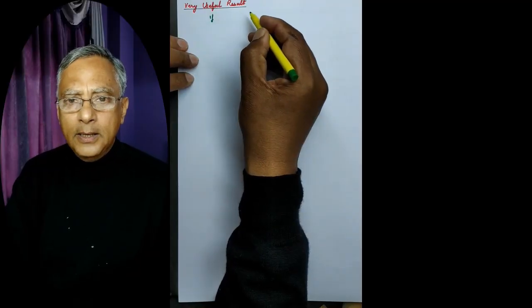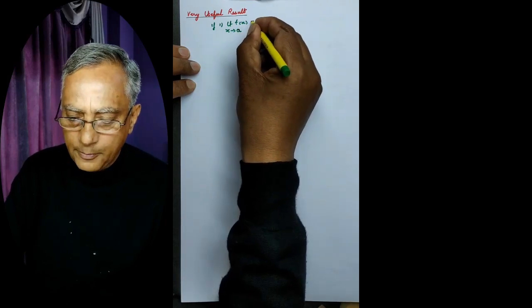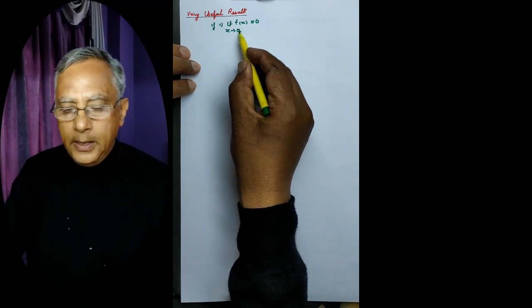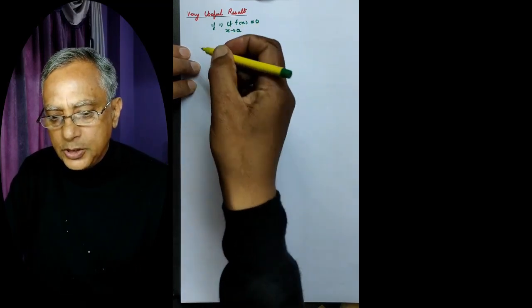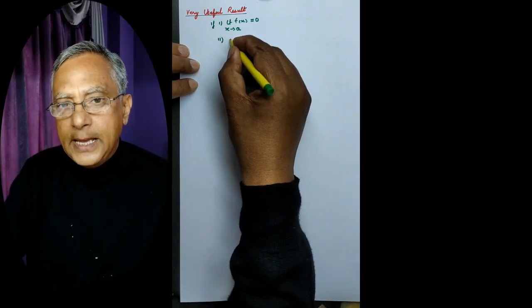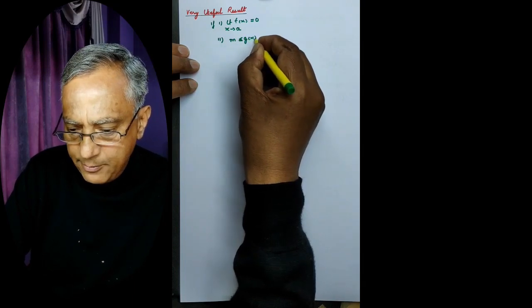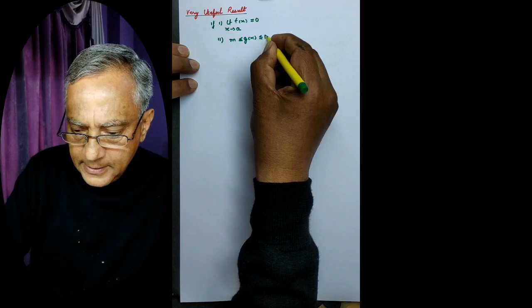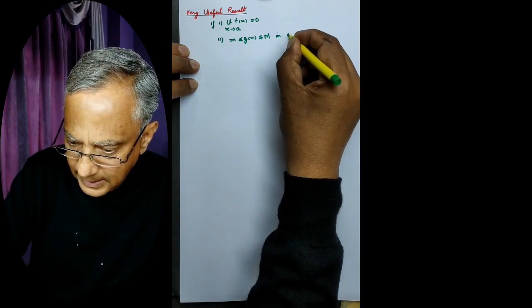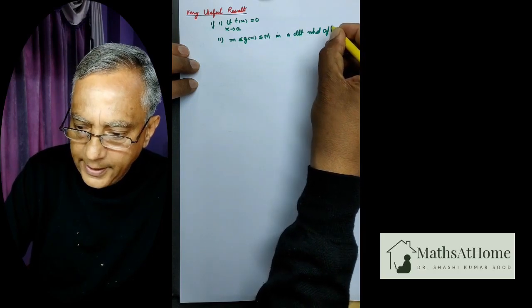Now we take up a very useful result. If a function f(x) is such that the limit as x approaches a of f(x) is 0, and there is another function g(x) which satisfies the condition that m is less than or equal to g(x) is less than or equal to M in a deleted neighborhood of a,